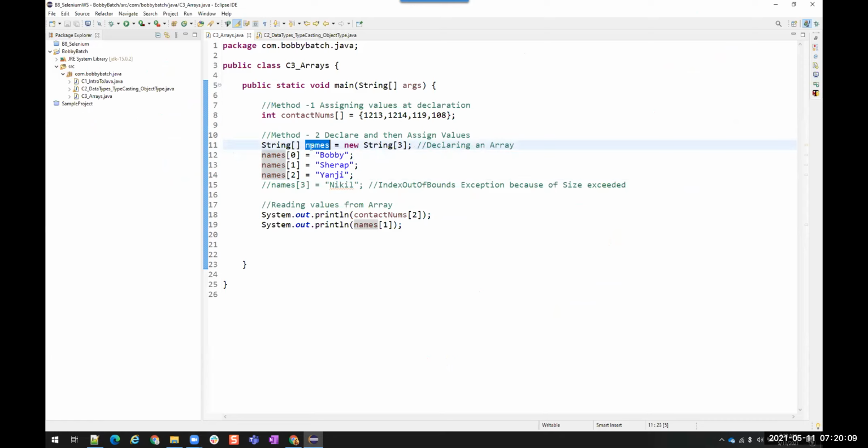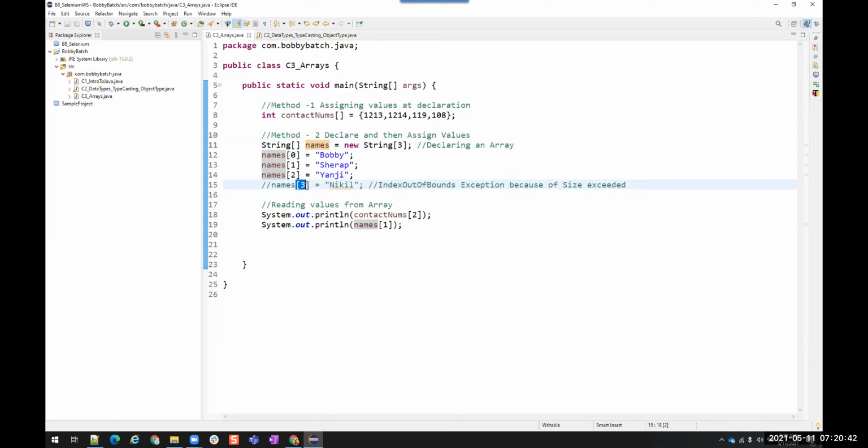So when we say names, it is going to point to the first address. When you say +1, it is going to the +1 of this memory. So that is the reason when we declare this as size 3, but we try to add or read a value which is not present in this array, I have allocated 3 memory locations, that is 0, 1 and 2, but I am trying to add an extra value into this location.